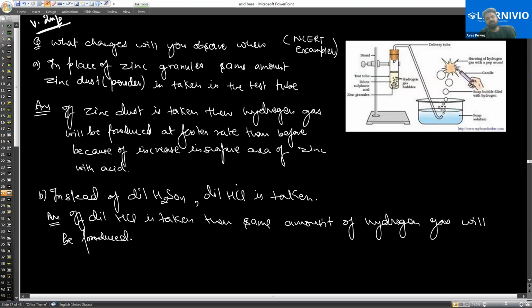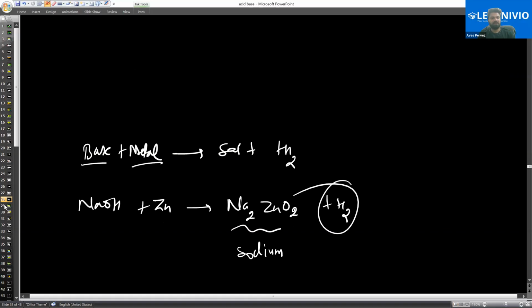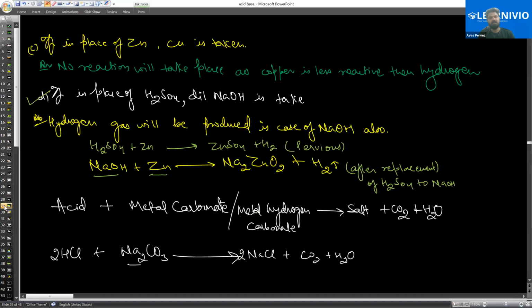Third one. So if zinc dust is taken, what would happen? The hydrogen gas rate will become faster, because the surface area will increase. And if you take the same amount of the two acids, the rate of hydrogen gas will be the same, because both are strong acids. Okay, done everyone? Noted? So फिर आगे, in case of copper, if, sorry, zinc copper is taken then